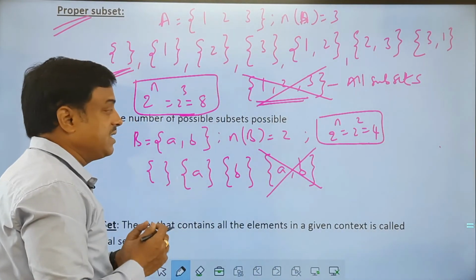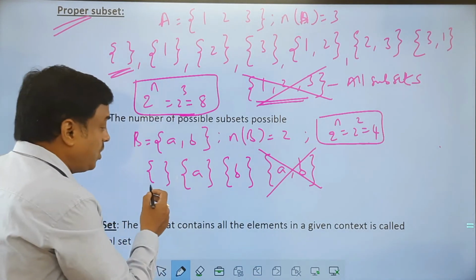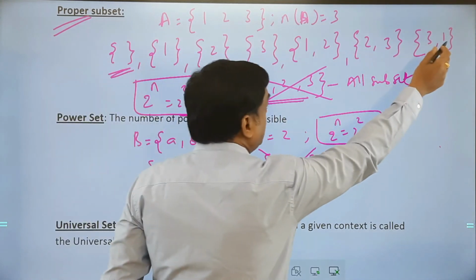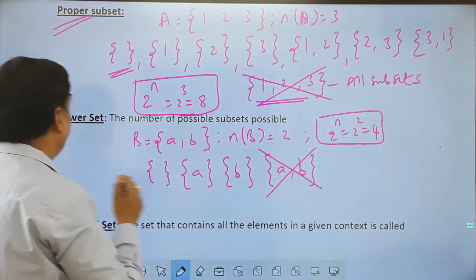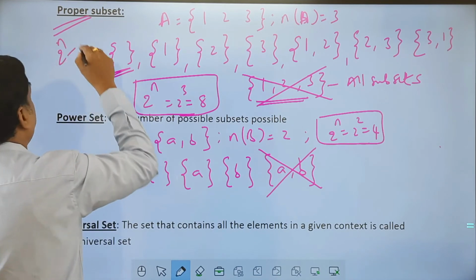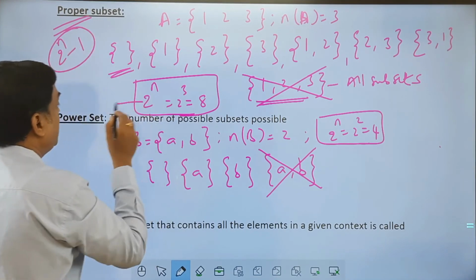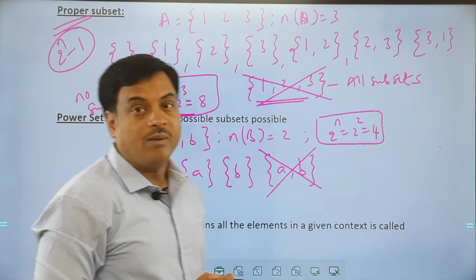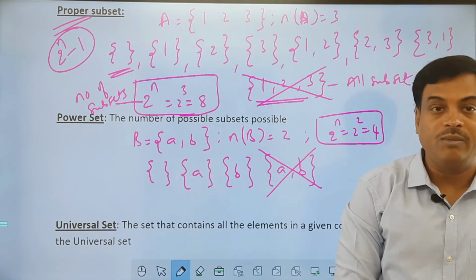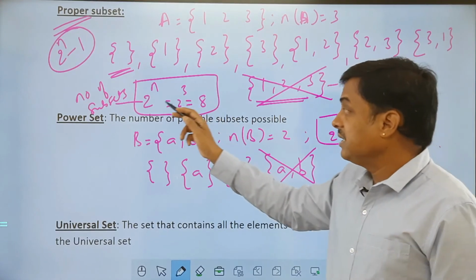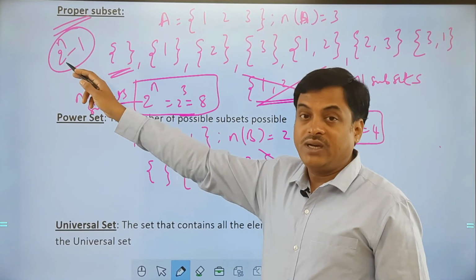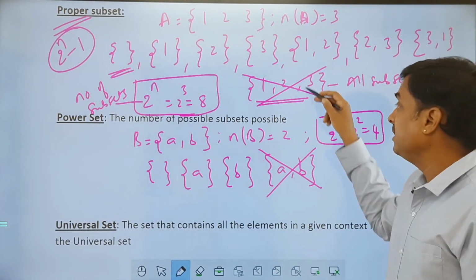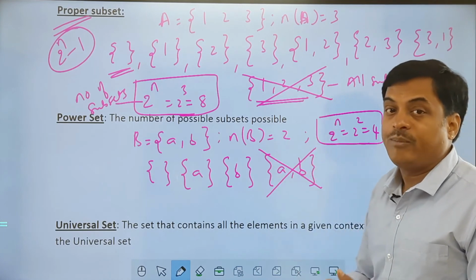Okay. So what is the formula to find the proper subsets? Out of the list of all the subsets possible, I should remove the last one. So the formula for proper subsets is 2 to the power of n minus 1. Whereas 2 to the power of n is the formula for the number of subsets. So here we should remember what is the number of subsets and what is proper subsets. There is a difference. If I eliminate the same set, you can say it's a proper subset.